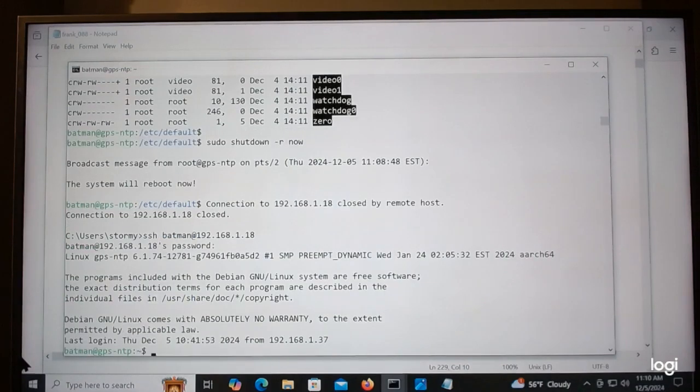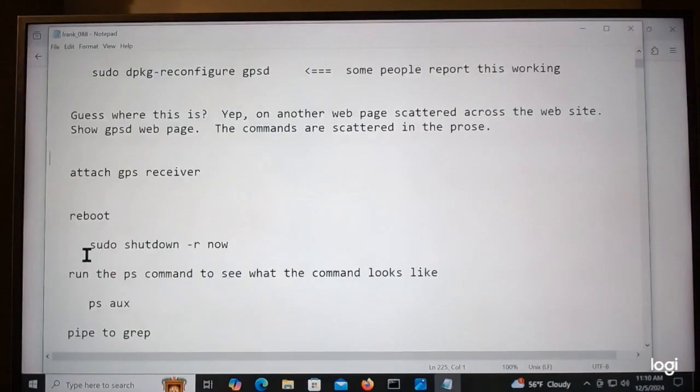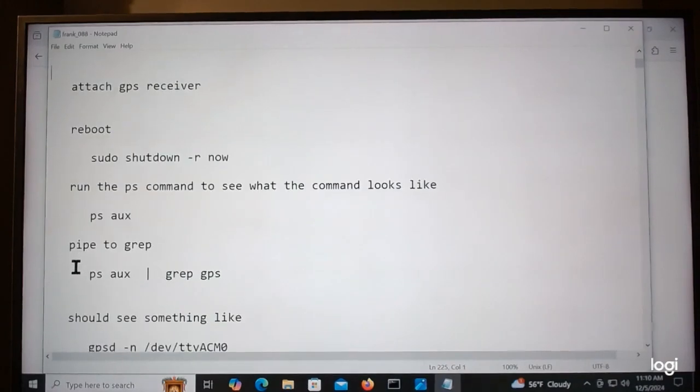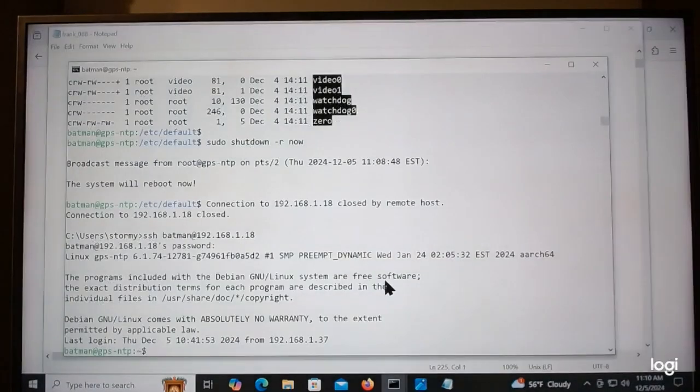Okay, we've logged back in. Let me get back to my notes right here. We should see that command if we do the... Let's see now. When it starts up, we should be able to see the... This is what I'm doing. I'm typing a